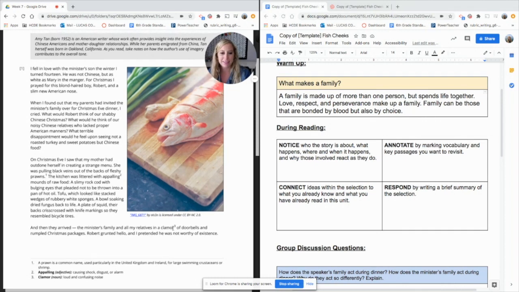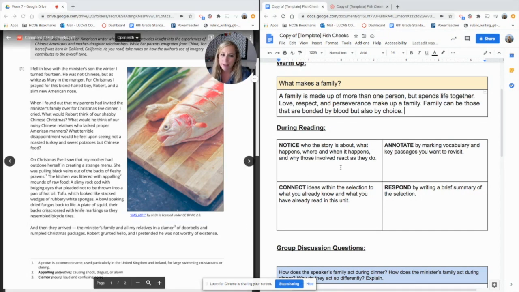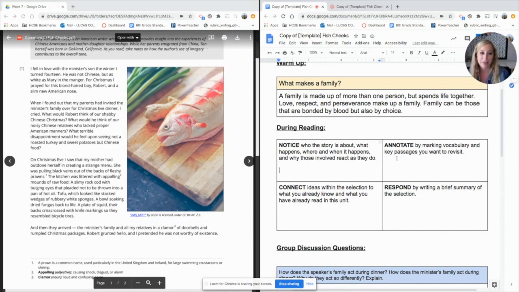So let's go ahead and start answering our notice and annotate section on our graphic organizer. So who is the story about, what happens, and where it happens, and when it happens, and why those involved react the way they do. So I'm going to start by just adding some bullet points, and I would encourage you to go ahead and do this with me. So we see that the story is about a